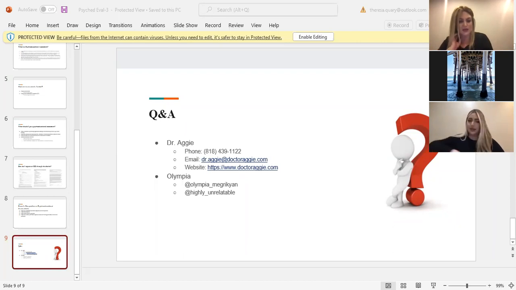The next question is, what if LAUSD refuses an IEE, which they absolutely can? Any school district can refuse an IEE. That's when you would get in contact with a special education attorney. I'm not saying that you would have to hire a special education attorney. You could also just have a consultation with them. Many of them are willing to share information and resources, and then from there you decide if you want to retain an advocate. And it doesn't have to be an attorney. It could be an advocate. It could also be a parent who's gone through a similar thing. You can just reach out to different people.